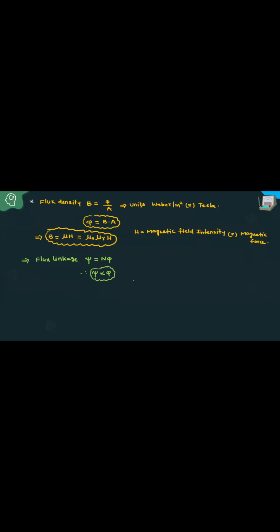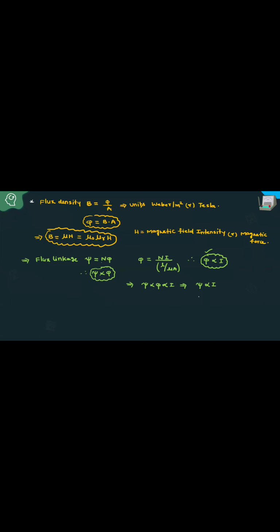But what is flux equal to, friends? N I by l by mu A. This formula you already know. MMF by reluctance. Then what is the flux? Flux is proportional to current. That is, if psi is proportional to phi, then phi is proportional to I. You know the psi is proportional to phi, but this phi is proportional to I. From these two, how can we write psi is proportional to